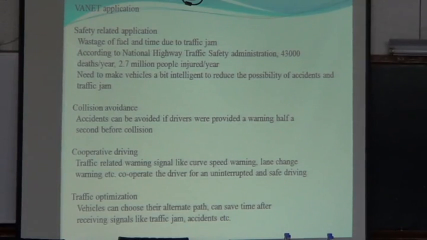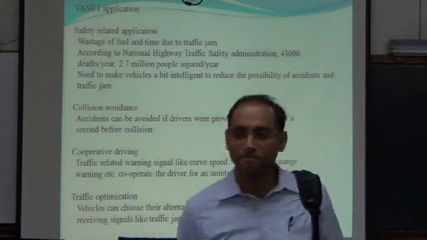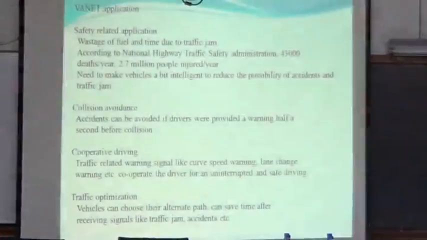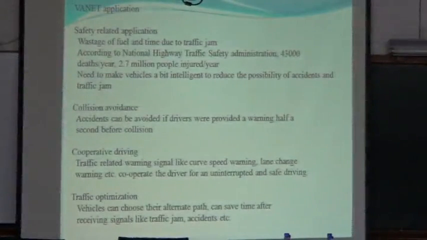So by making vehicles a little bit intelligent, it is possible to minimize traffic jams as well as pollution. The future vehicles, which are the devices of a vehicular ad hoc network, will be equipped with an on-board unit having storage capability, communication capability, as well as computation capability. The future vehicles will have a GPS receiver, global positioning system receiver, to know their current location. They have multiple sensors to measure parameters like speed, acceleration, distance from the